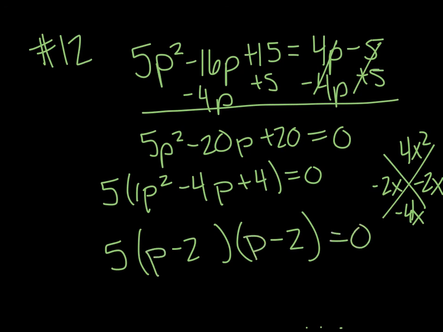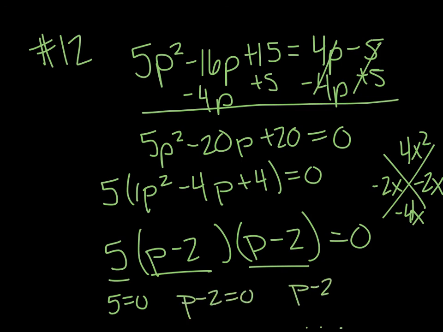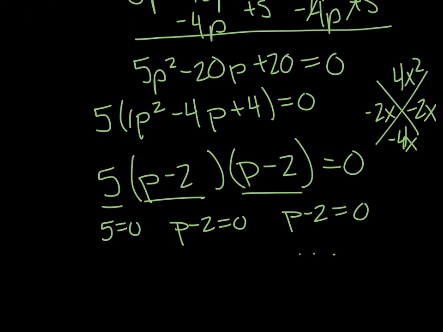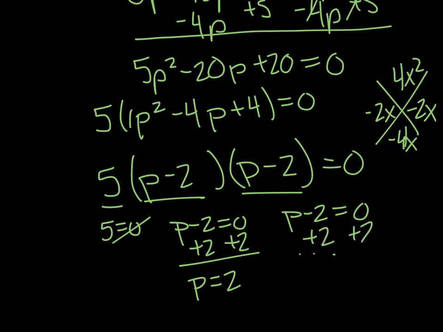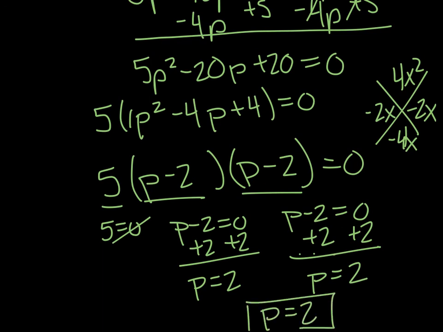So if that's my factored form, the 3 factors that we found we set equal to 0. So 5 minus 0 actually is a false statement, so not even a solution. You don't even have to worry about it. But p minus 2, if we solve for p, we get positive 2, and in this case, it actually ends up being the same. So you don't have to write 2 twice, but p is going to be equal to